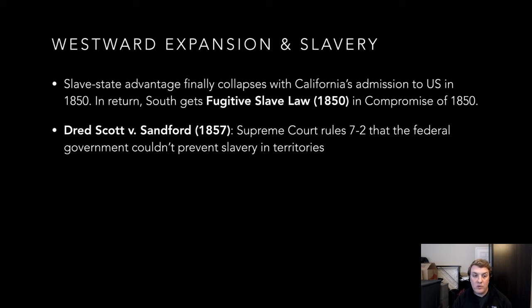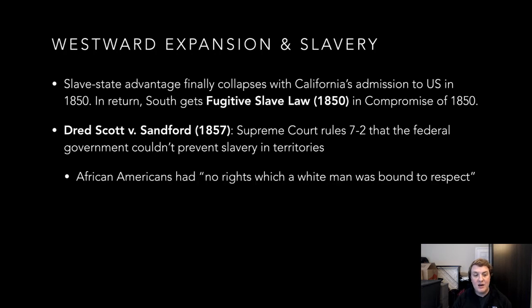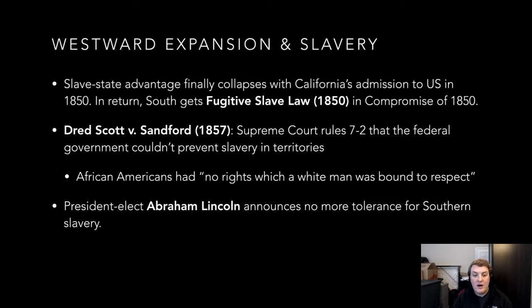So the Supreme Court rules in 1857, very importantly, essentially that the federal government can't prevent slavery in territories. A very wrong-headed decision at the time and today. And in fact, it notes in this particular decision that essentially African Americans are still not recognized as equal by any means legally to white men. When Abraham Lincoln is elected in 1860, the writing's already on the wall. South Carolina secedes, and he announces there's going to be no tolerance for Southern slavery. And so we begin to see